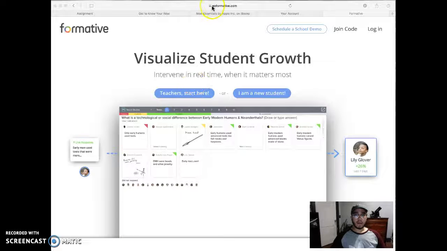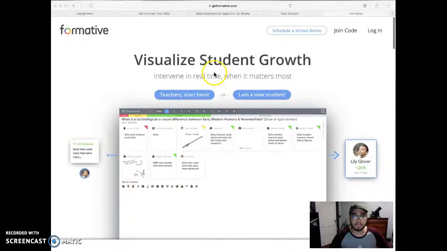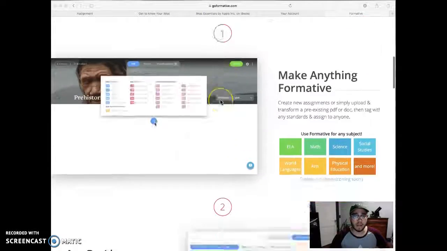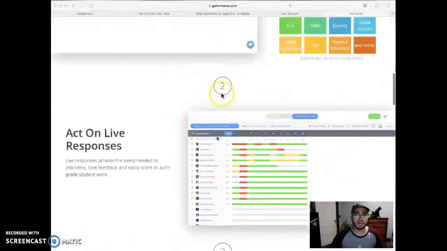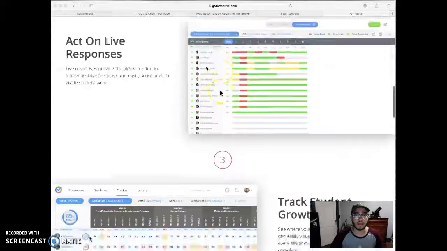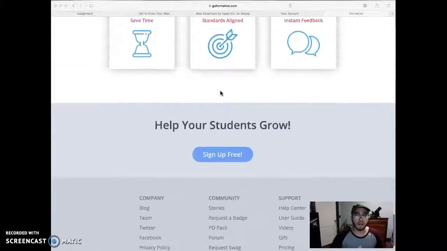You find it at GoFormative.com. It's the assessment tool I chose. I really like how user-friendly it is. I found it on a Google search, just like assessment tools used by teachers and professionals. And you can see it straight up tells you right on the page, before you even sign up or sign in, it's just giving you all these